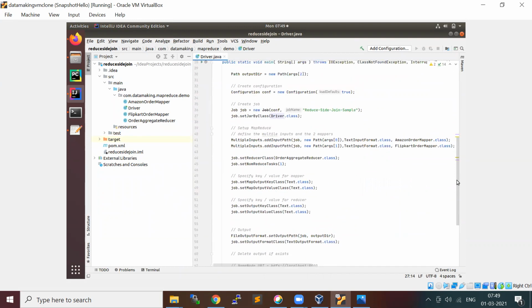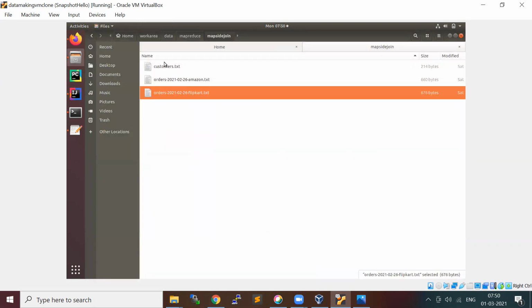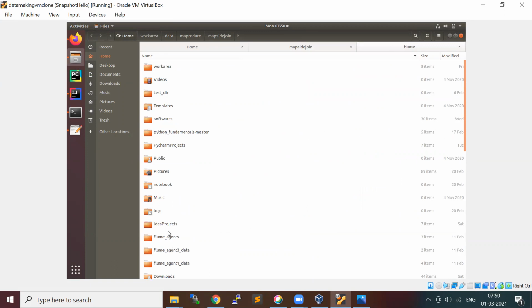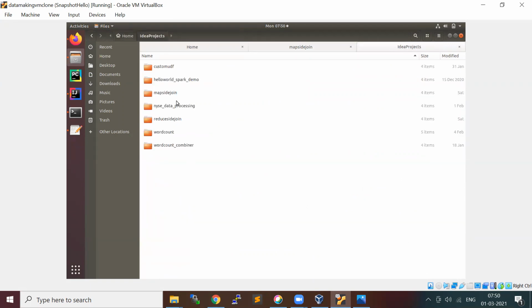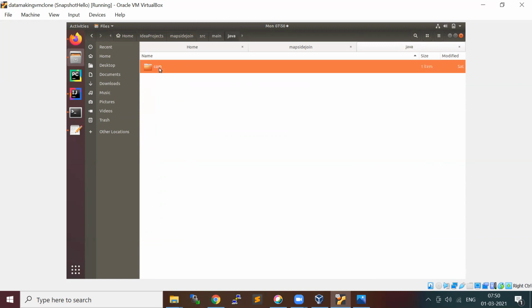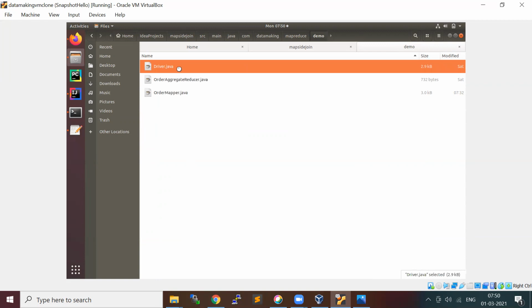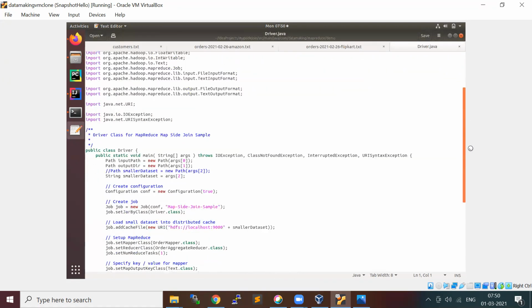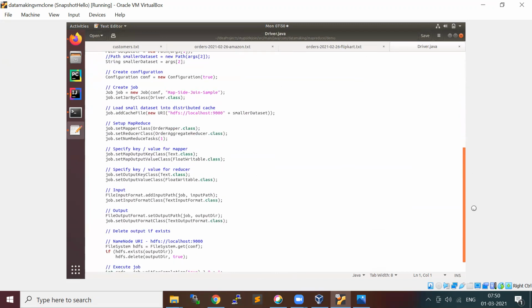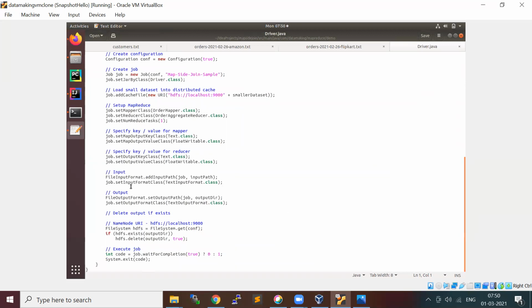Here for input, generally what we use is file input format, and we specify the input.